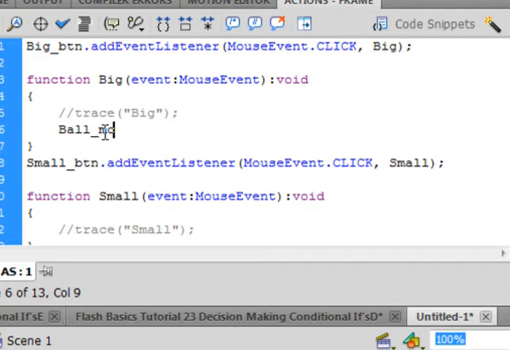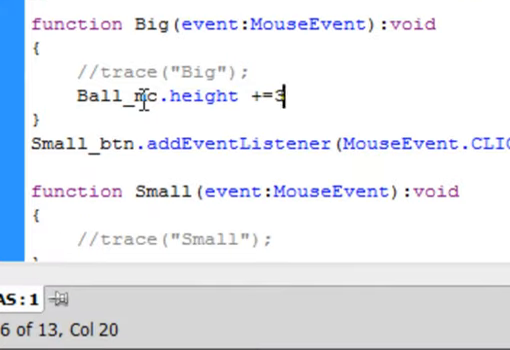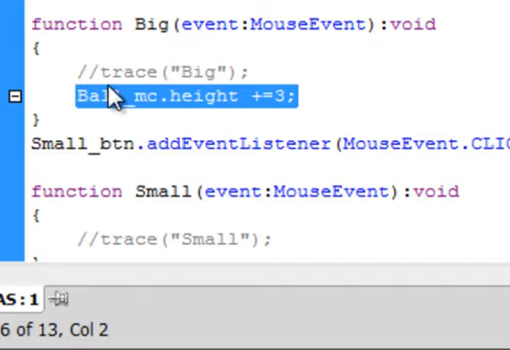that movie clip, period. And I want to talk about the width and height. HEIGHT, height, plus equals. And let's make it 3, semicolon. So every time we press the big button, the height is going to increment by a value of 3 pixels. So let's copy that,